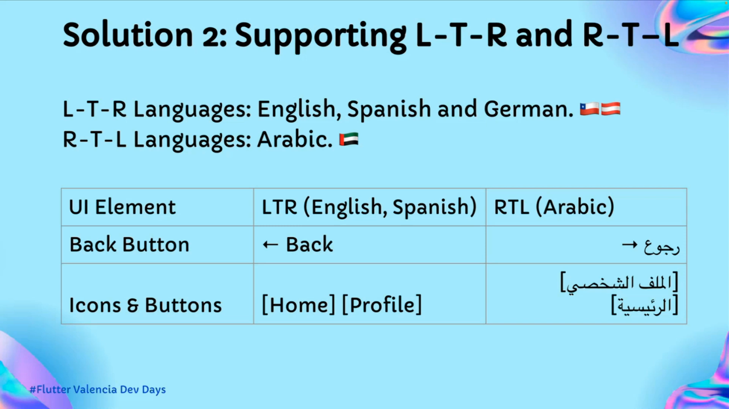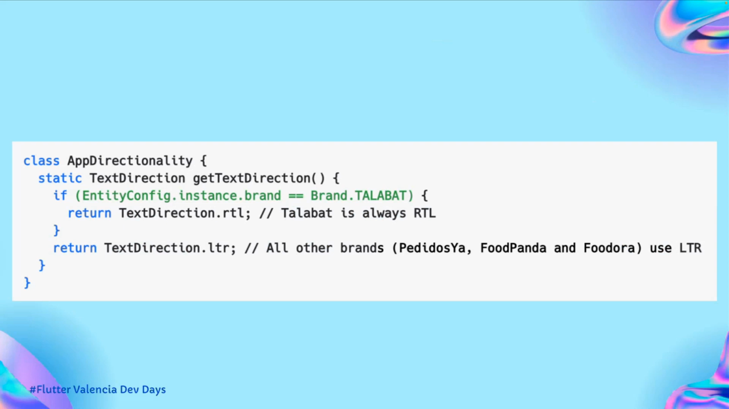What we did for the second issue was supporting left to right and right to left. The main issue was that we needed to support English, Spanish, and German, which are left to right, but also right to left languages like Arabic. You can see, for example, in here how difficult this is, because in the case of Arabic, the text aligns right instead of left, and the icons and the buttons mirror each other. But luckily, Flutter allows us to build in support for bidirectional layouts,